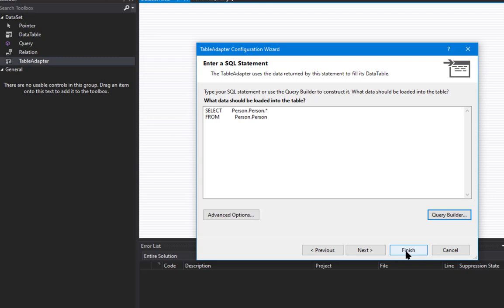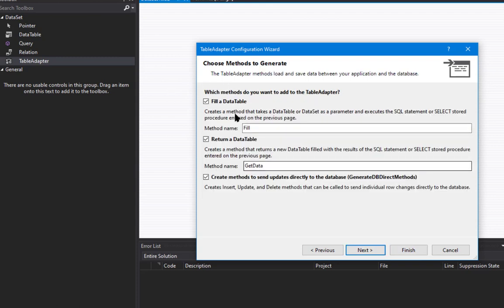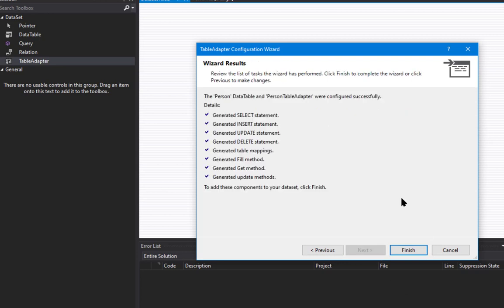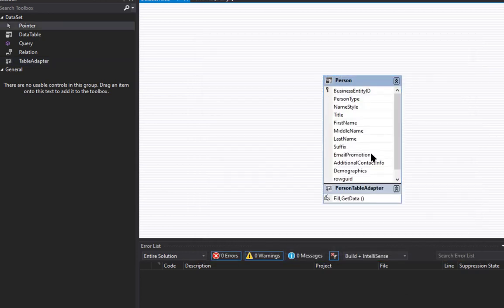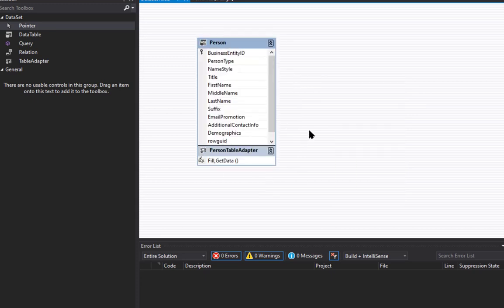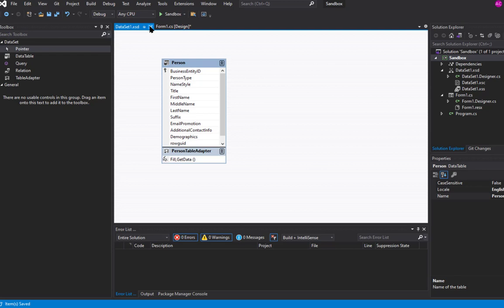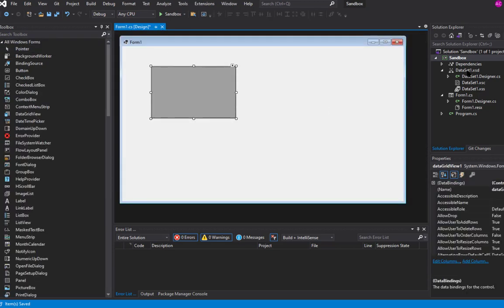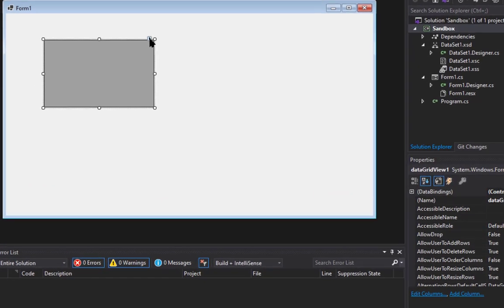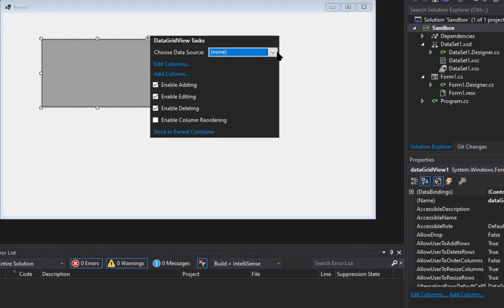And go ahead and click Next. Just accept the defaults. Finish. So it's created a table adapter in the dataset environment, and that's all set up. That should be accessible by the program. Go ahead and save that, close it. You can see it's right there under the project. Now we come back over here, choose data source,